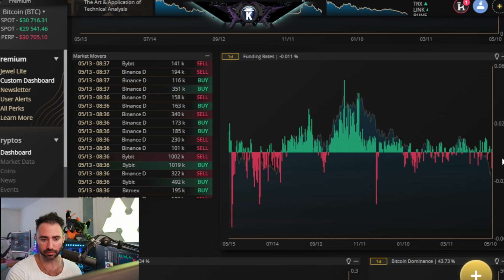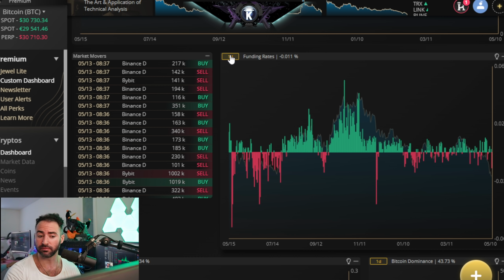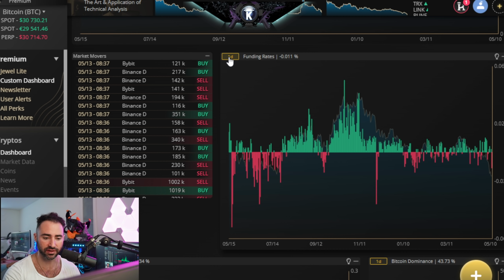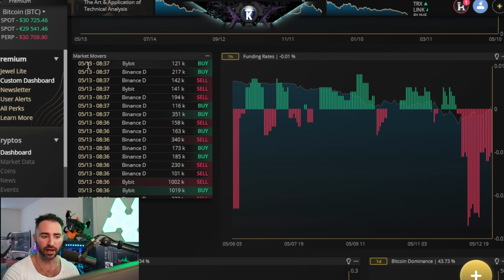The daily is also posting some pretty negative rates for the first time in a while, comparable to what we saw in January, actually, and again in September of last year. Some pretty nice lows. Obviously, Bitcoin did trade lower over time, but some good pivots ultimately. So that also does suggest that we probably do see a bit of sideways and up from here.